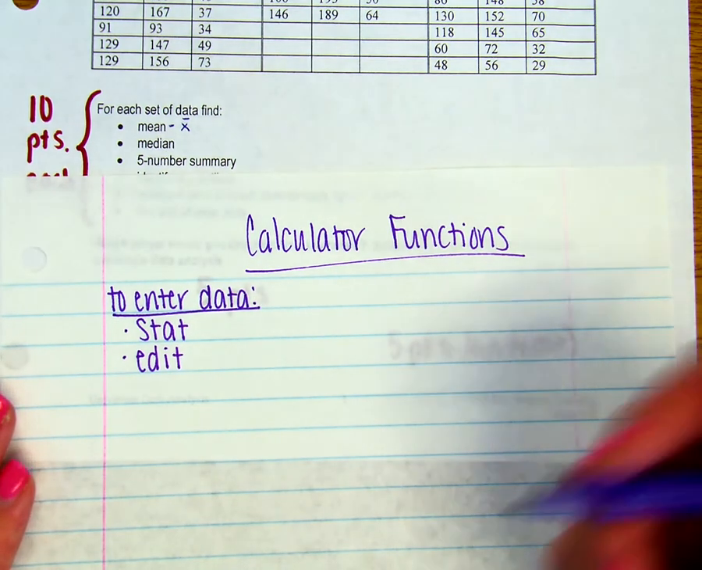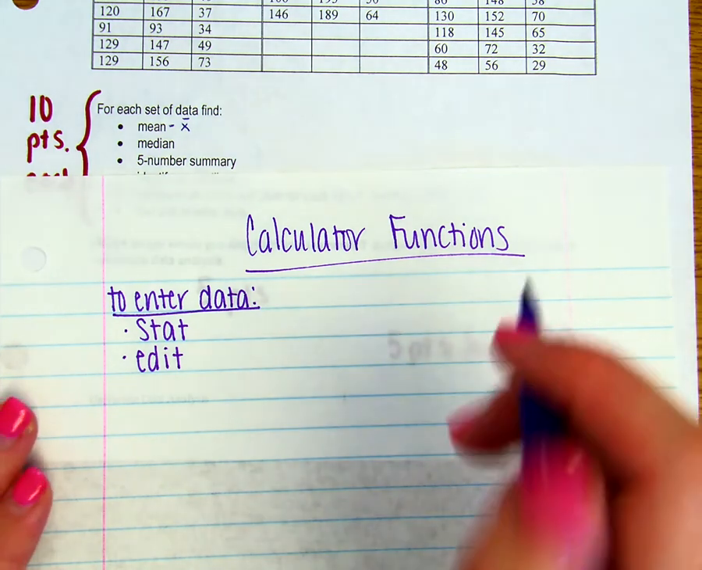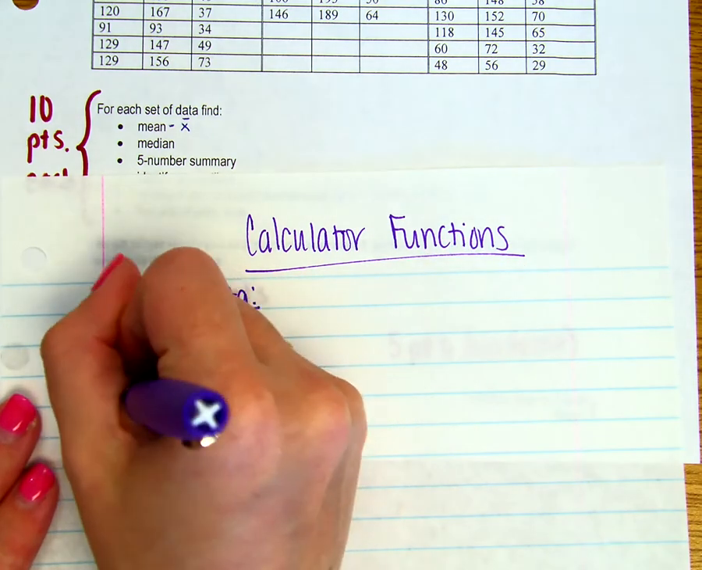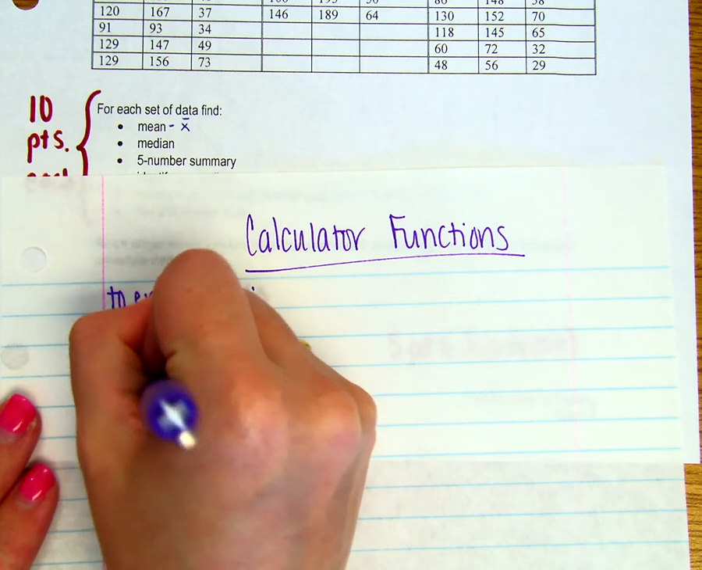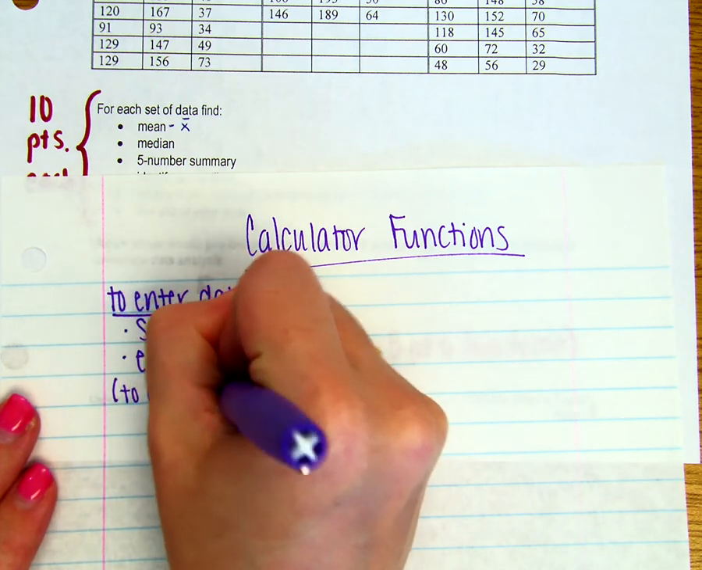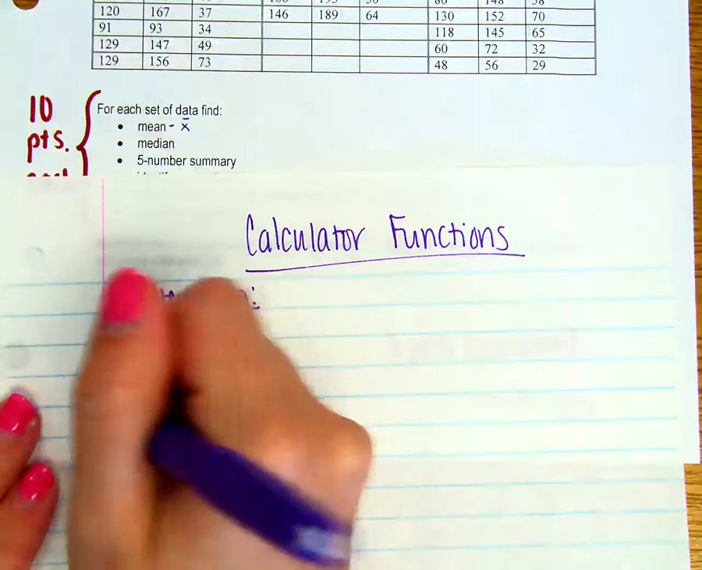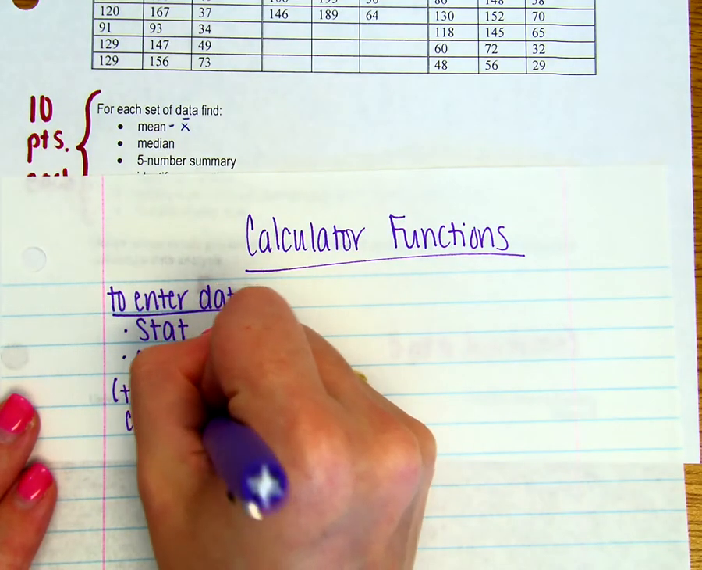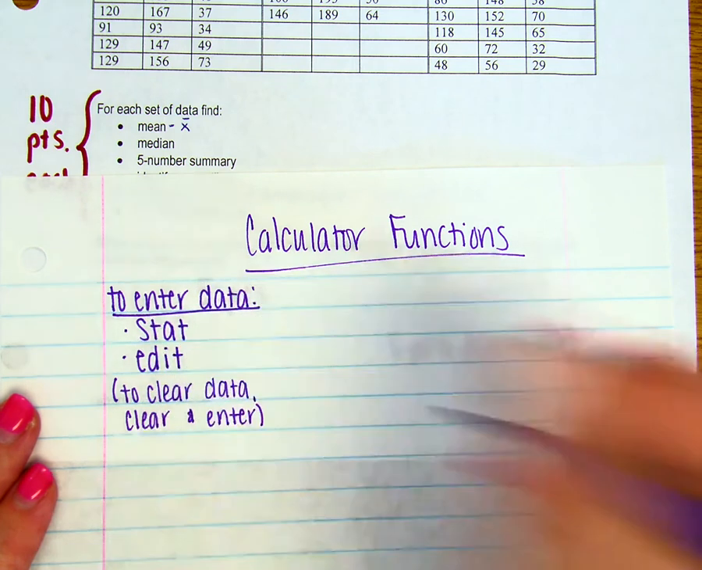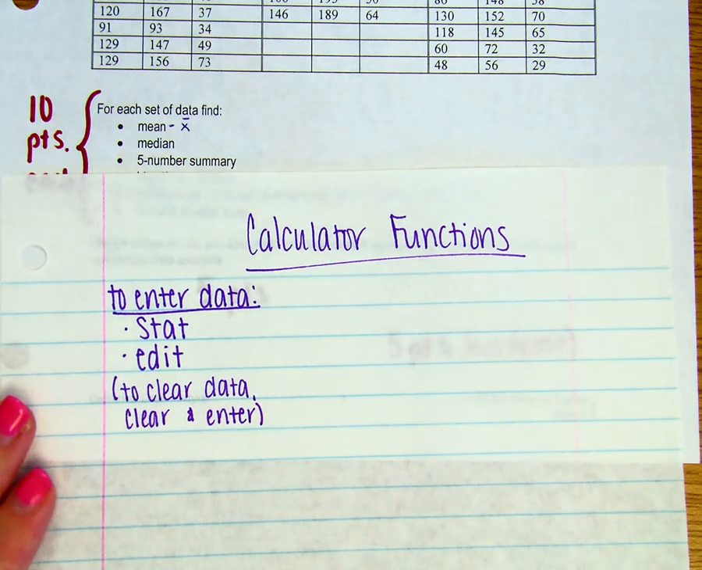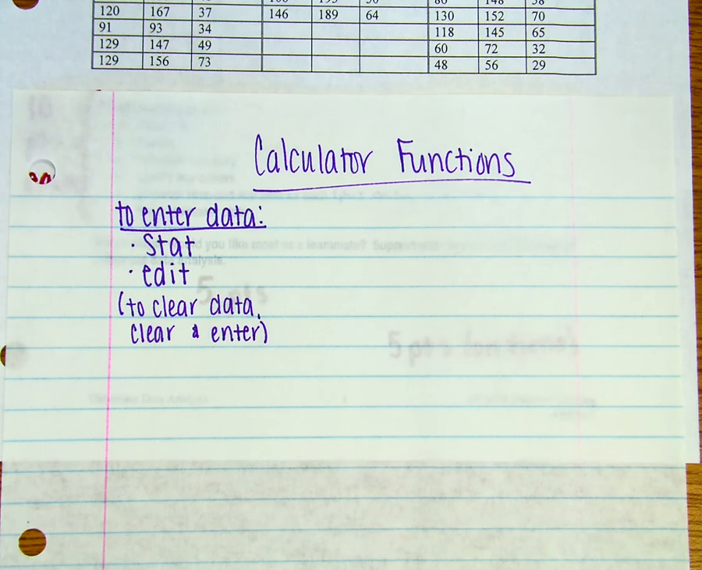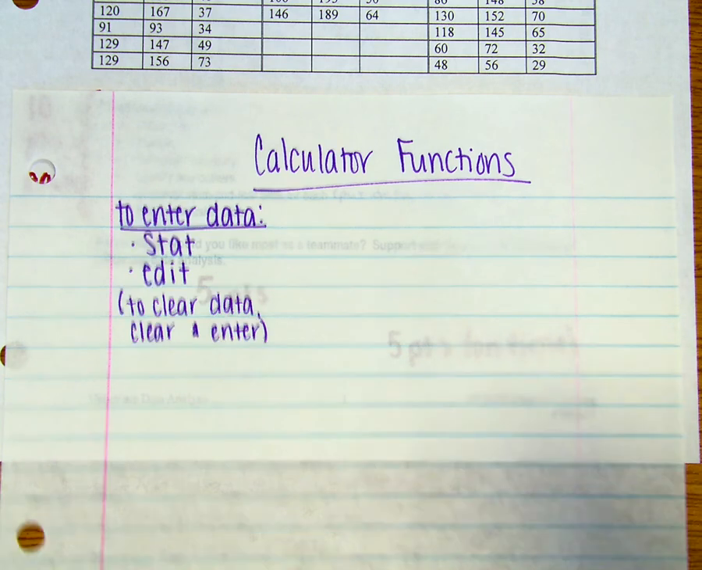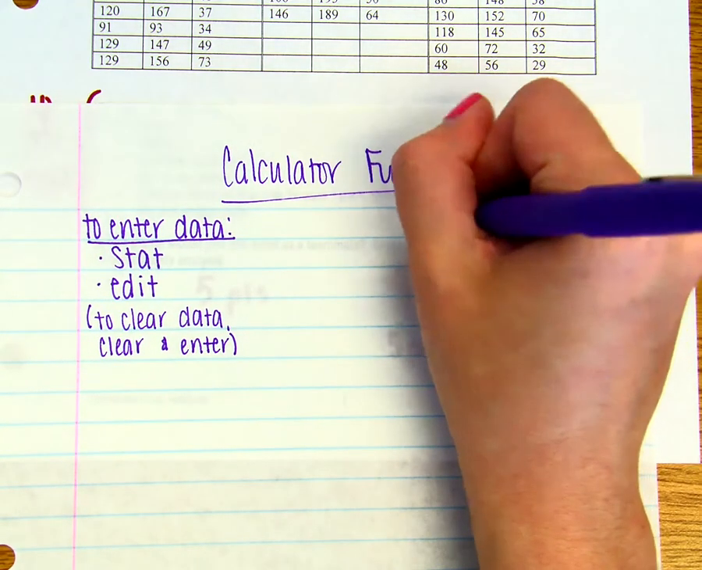If there is data already in your screen, you can reset your calculator, or to clear data, you can press Clear and Enter. Do not ever press Delete in that screen. If you delete, you're going to delete the whole column and you'll get all wrong answers and you'll have to reset your calculator back. Once you've entered in your data,